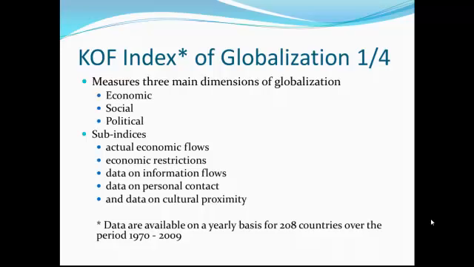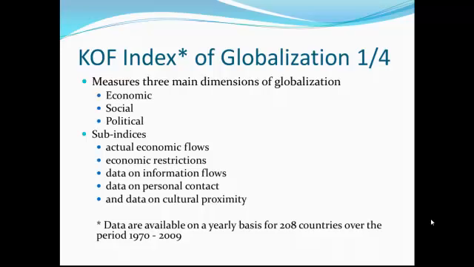More specifically, trade is the sum of a country's exports and imports, and portfolio investment is the sum of a country's stock of assets and liabilities, which are all normalized by GDP. The data for the KOF index are available on a yearly basis for 208 countries over the period from 1970 to